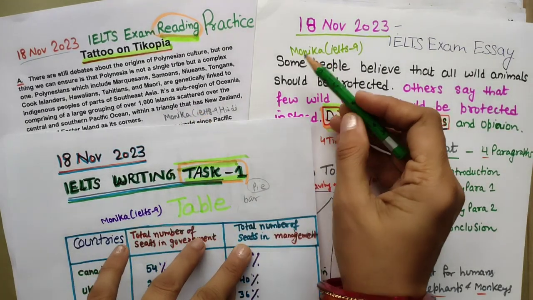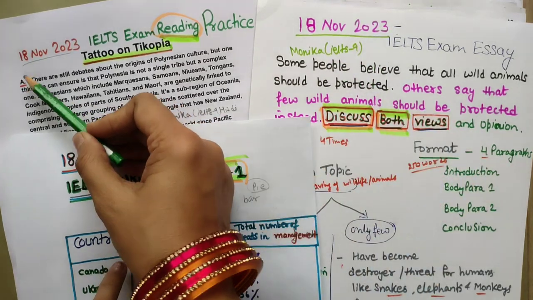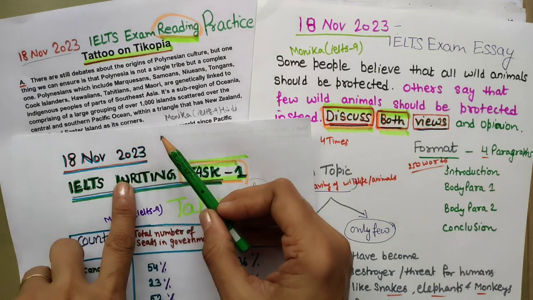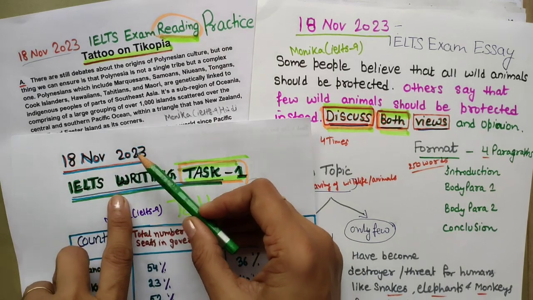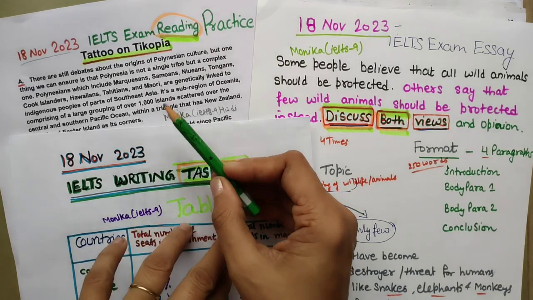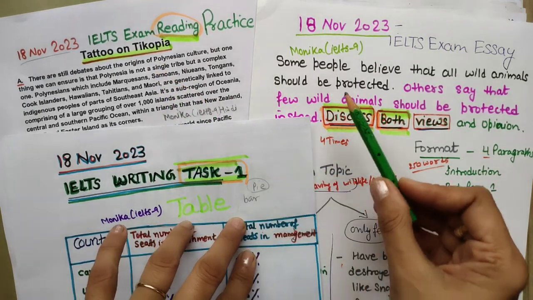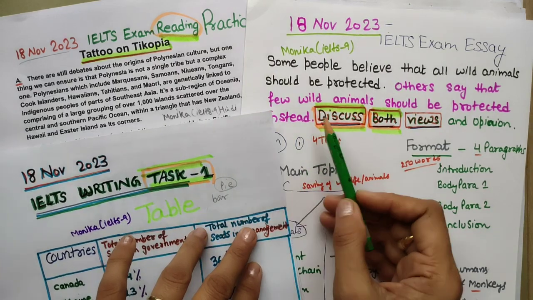So here you can see 18th November 2023, here 18, same date. It means this is the IELTS exam date, and that had happened in India. From this exam I have solved this reading passage also, I have solved this writing task 2 also,